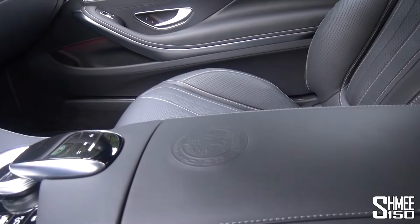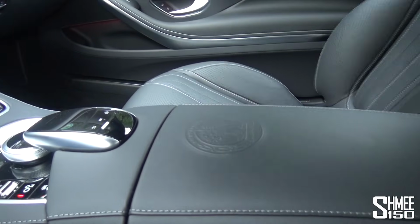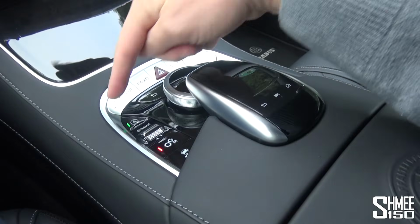And one thing I do like that I need to talk about quickly, by turning on the heated seat, the armrest is heated as well. This all heats up if either side has its heated seat turned on. How cool is that? So continuing forward to more of the controls, you have at the front a few of your hotkeys to jump to certain things,